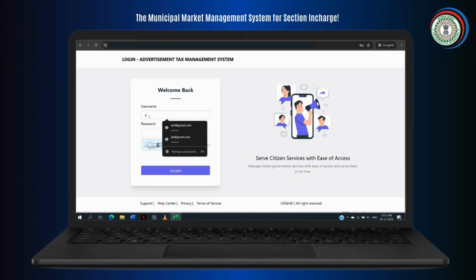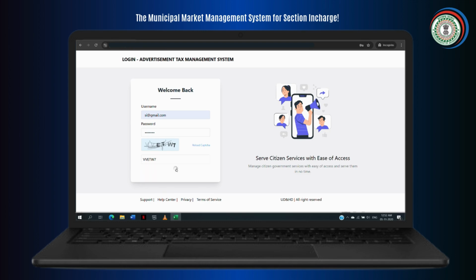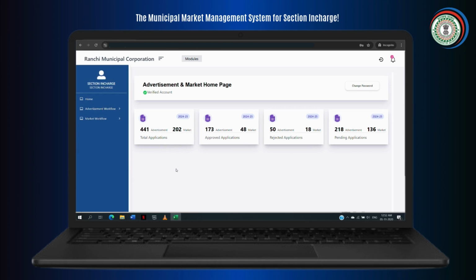Enter the username and password in the corresponding fields provided. Reload the CAPTCHA, then click on the login button. After clicking the login button, the user will be redirected to the Advertisement and Market home page on the Section